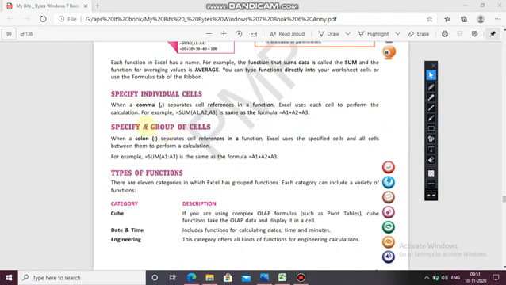Now we are coming to a group of cells. So when a colon separates a cell reference in a function, Excel uses the specified cells and all cells between them to perform a calculation. So here we will write =SUM(A1:A3), means A1, A2, A3.